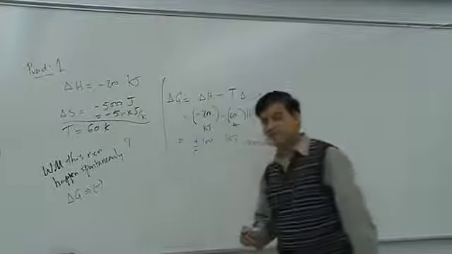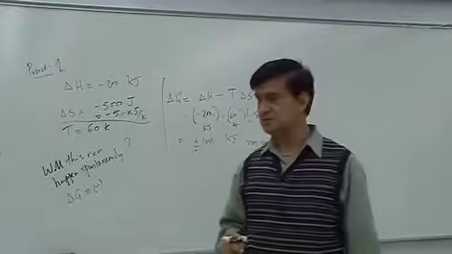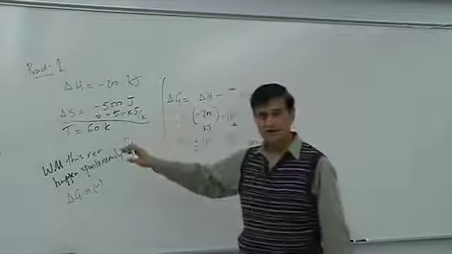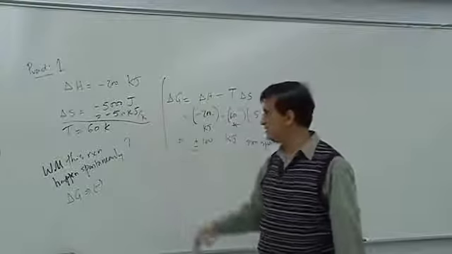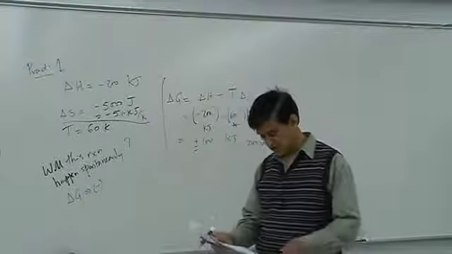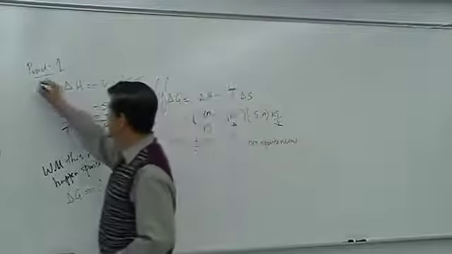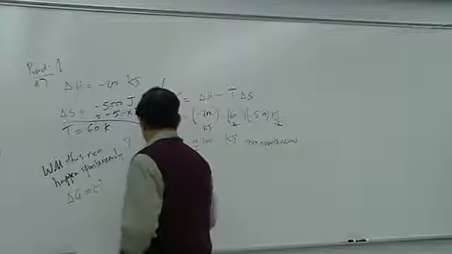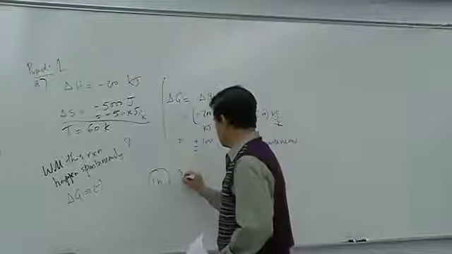So in exam, when we give you these values and ask you to predict whether the reaction is going to be spontaneous or not, you should calculate delta G value. If that delta G is negative, it is spontaneous. If it is positive, it's non-spontaneous. We often add another question to this. Let's call it practice problem 1A. And practice problem 1B, the question is, if it is non-spontaneous,